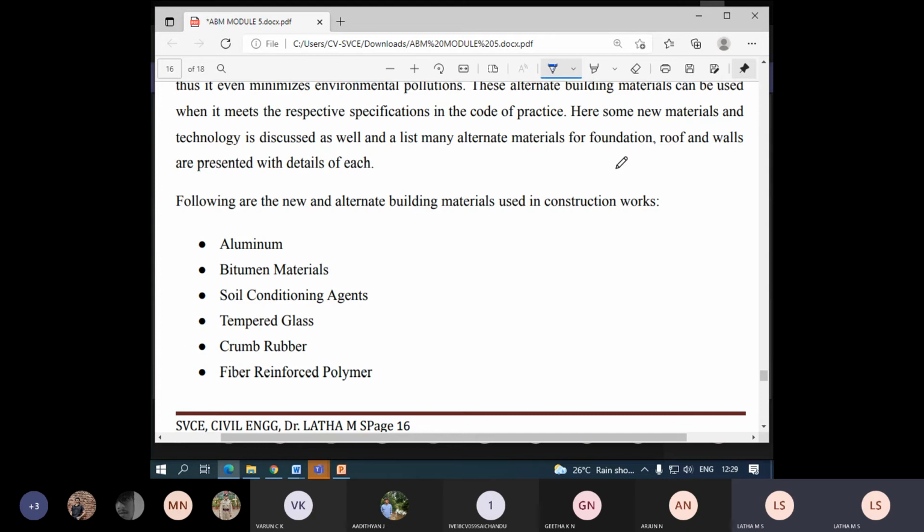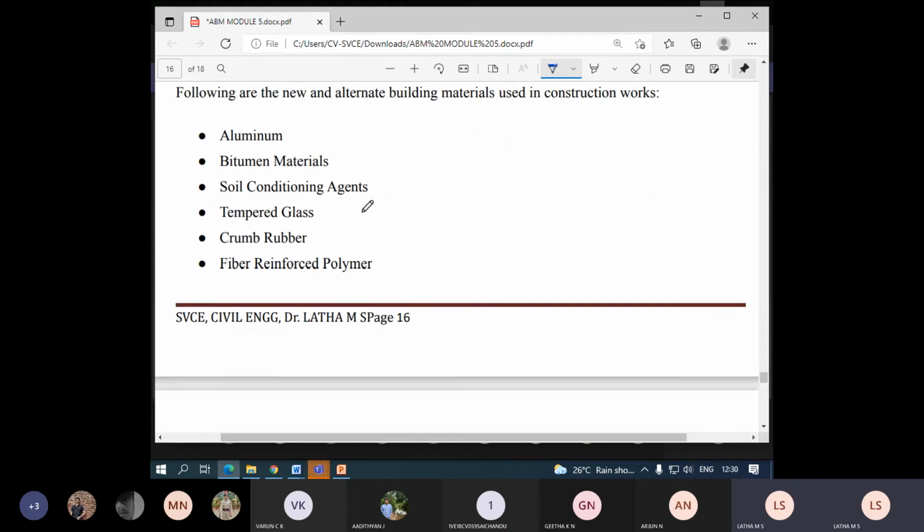Can you search Google for images of any building which has zero energy? That means it is not contributing any amount of carbon to the environment. It is very, very difficult. And if it is so, it will be rated by LEED as platinum or diamond. You remember the ratings of IGBC and LEED? Such buildings will be rated because the carbon emission will be very, very low. That is why the government people have introduced solar facility, LED bulbs, and many other materials available to reduce the energy or the carbon emission.